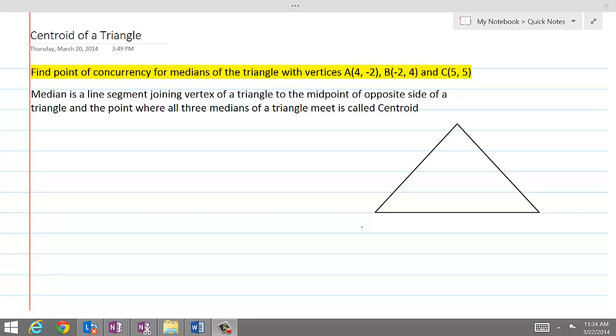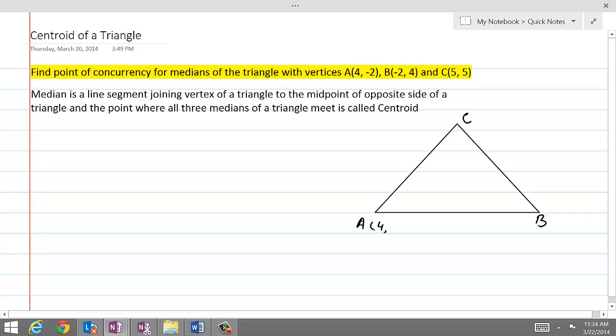point. Let's get started and label these as A, B and C. The coordinates of A are 4, -2, coordinates of B are -2, 4, and coordinates of C are 5, 5. Now, because medians will be